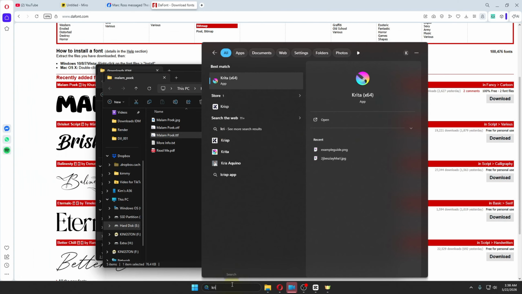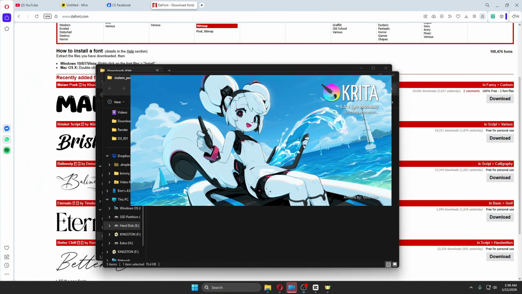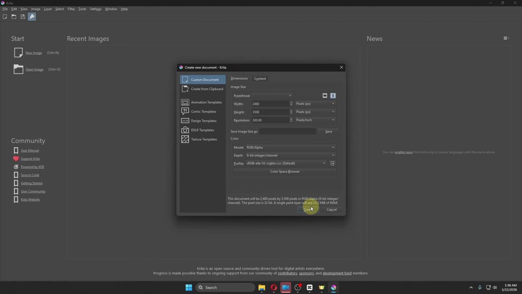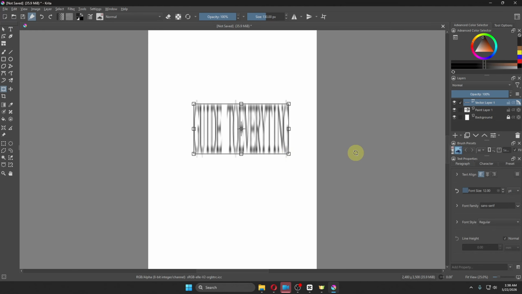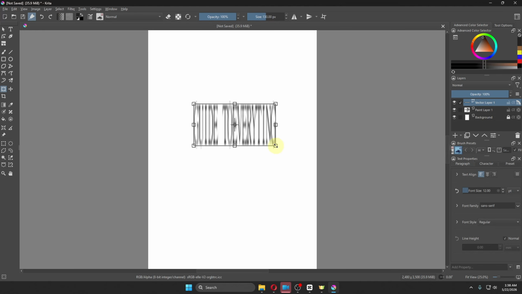So if we head over to Krita, simply create a new project, create a new text. And then in here, let's just do something very simple like guide to everything. And then simply right after, to edit the actual text or to apply the newly added font that we have,